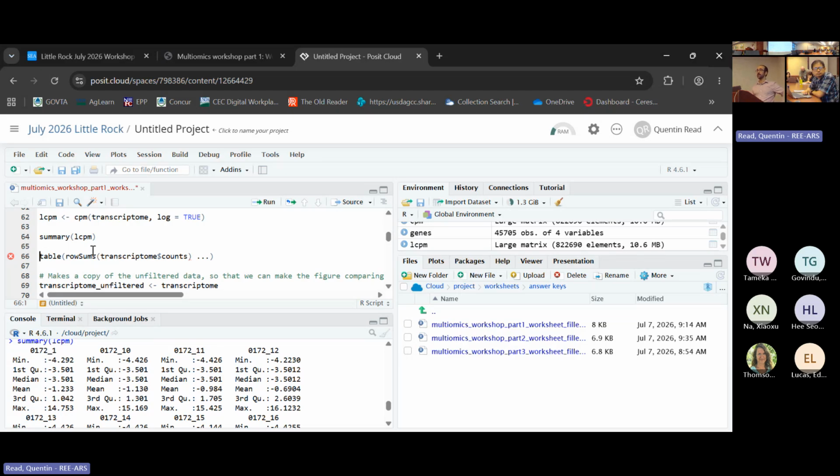Now, the next step that we're going to do, which Matt mentioned already before, is that we need to filter the data to get rid of low expression genes that are either all zero or close to zero in every sample. We definitely want to get rid of genes that are exactly zero in every sample. The data already contains many genes that have all zero, so those shouldn't even be in there in the first place. They're not going to have any information to tell us anything about the difference between time points because it's zero